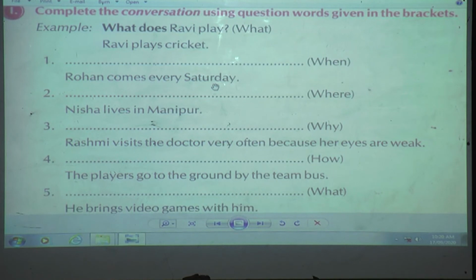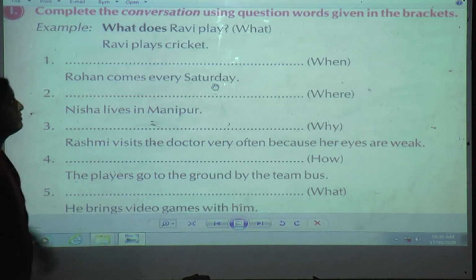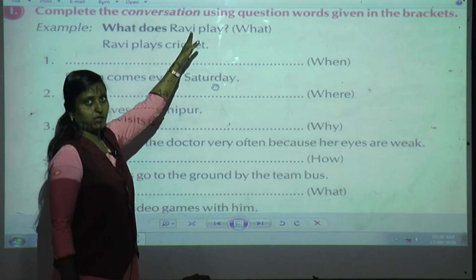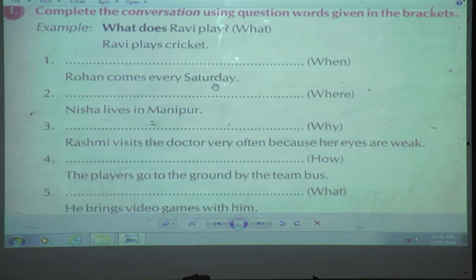What does Ravi play? Now, here also we can see Ravi is singular. Yes or no? So, we are using what does Ravi play, and I have told you before that the WH question will come first, and then whatever we are using, that is does or do, will come afterwards, and then the subject and the remaining. Okay, so till the verb we will write, and then the question mark is very important. Understood? Now here if you see 1, 2, 3, 4, 5, they have given the answers. Okay, we have to make it into questions with the help of the question words.